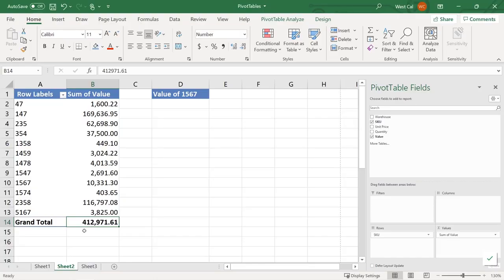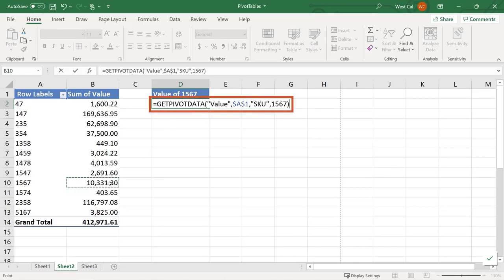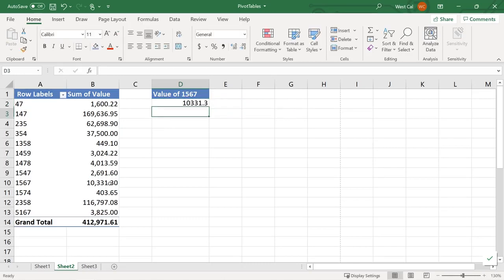When you select a cell outside of the pivot table, even in another worksheet or workbook, and type the equal sign, then click on the field in the pivot table that contains the value you want to retrieve, Excel automatically inserts the getPivotData function with the correct syntax. For example, if you select cell D2, typing equals, then clicking on cell B9, which contains the sum of the value of the SKU 1567, it will create the getPivotData function automatically. The value of this function is that it will return the correct value as long as it remains visible in